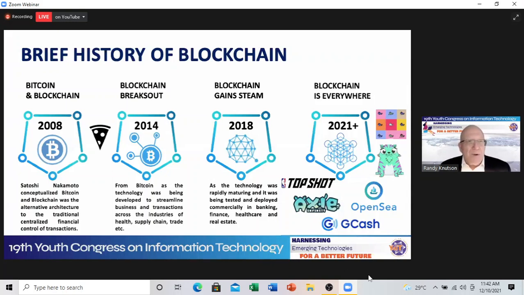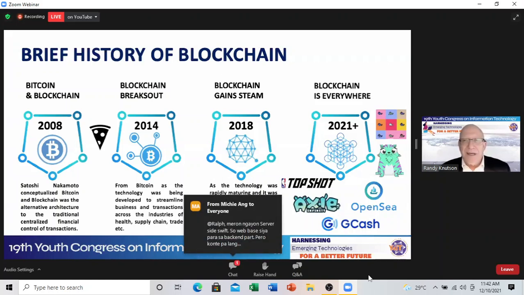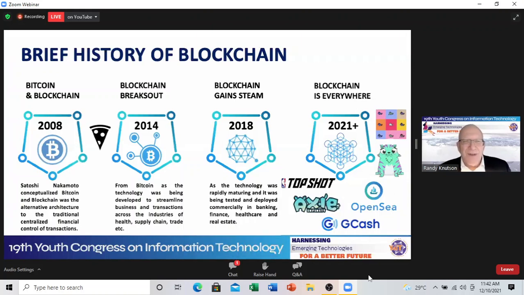And things have progressed over recent years to the point now where what's certainly dominating the headlines has really been in the NFT space, and we'll touch a little bit on that later in the presentation. Some of you may have heard of Top Shot and Axie Infinity, certainly CryptoKitties, and Weird Whales. It's a real crazy environment around this space. So we'll touch a little more on the benefits after we first describe